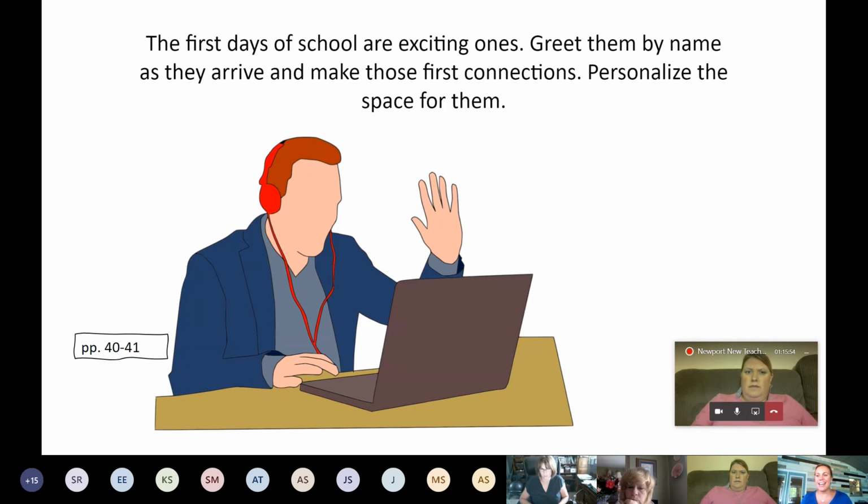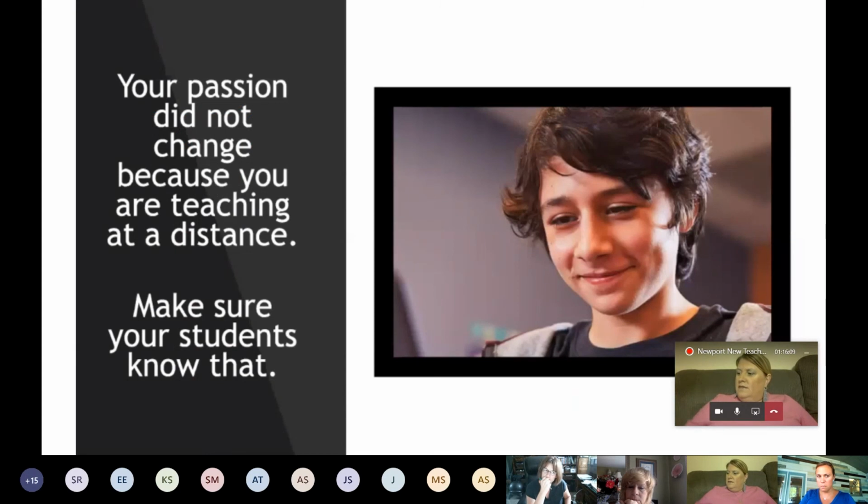So we're smiling, and our voice, our tone, is happy and positive and enthusiastic, and our expressions, our verbal or our body language, right? So just think, how can I make that come across? If you have been teaching, or if you're new to it, we all got into this because, deep down, we're passionate. We're passionate about kids, about learning. Sometimes, like for me, I'm super passionate about math, right? We want that to come across to our kids.